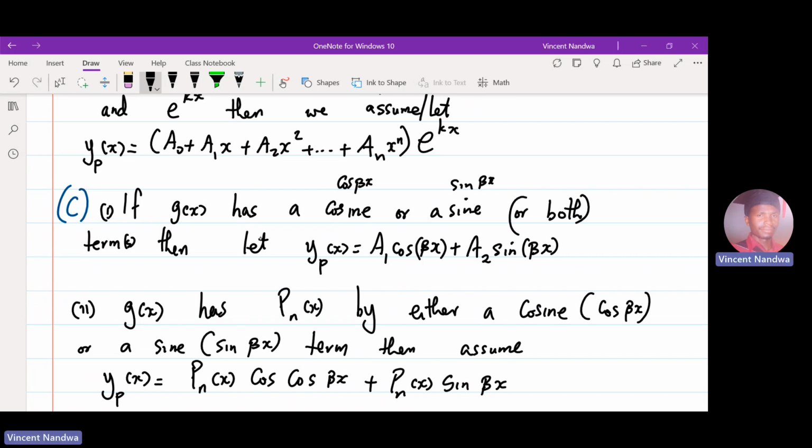So remember, when I write Pn, all those coefficients are taken care of. And so when we have a combination of this sine, exponential, and